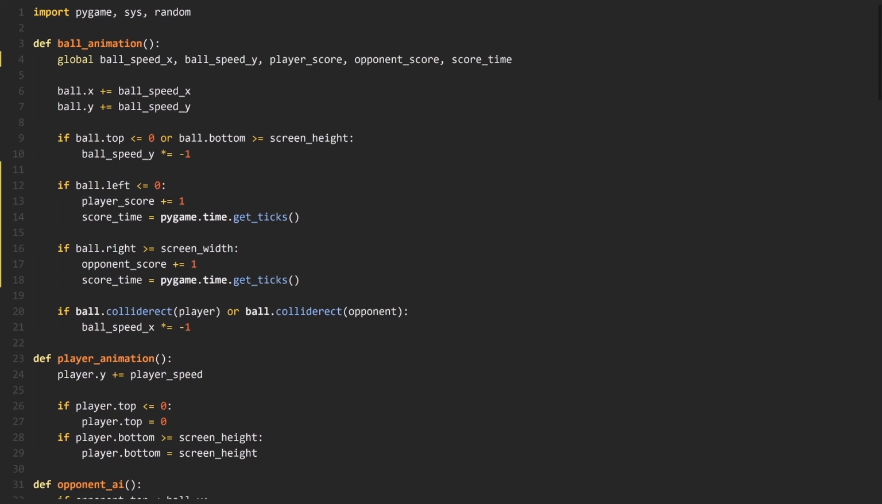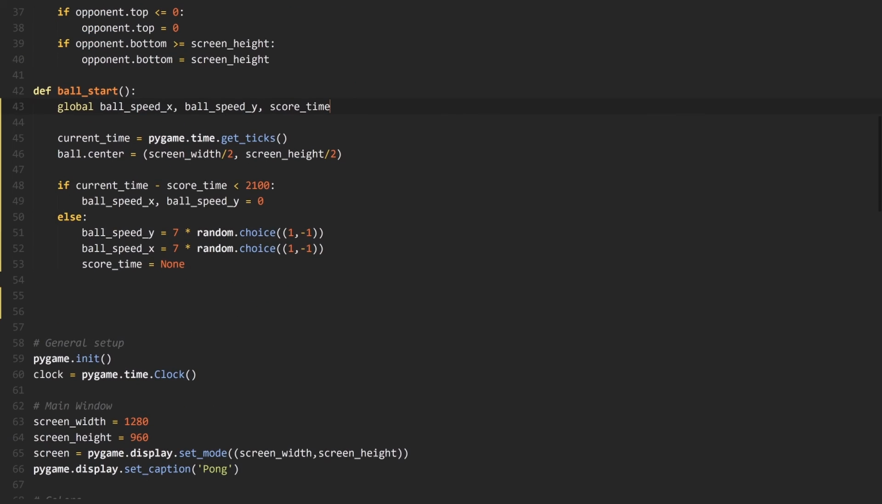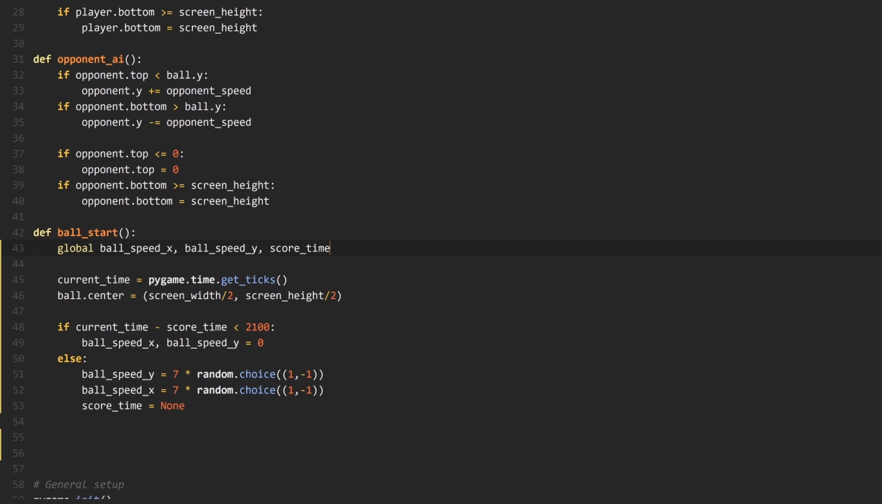Again, I have way too many global variables in this code. It's really bad practice, please don't learn from me. But alright,